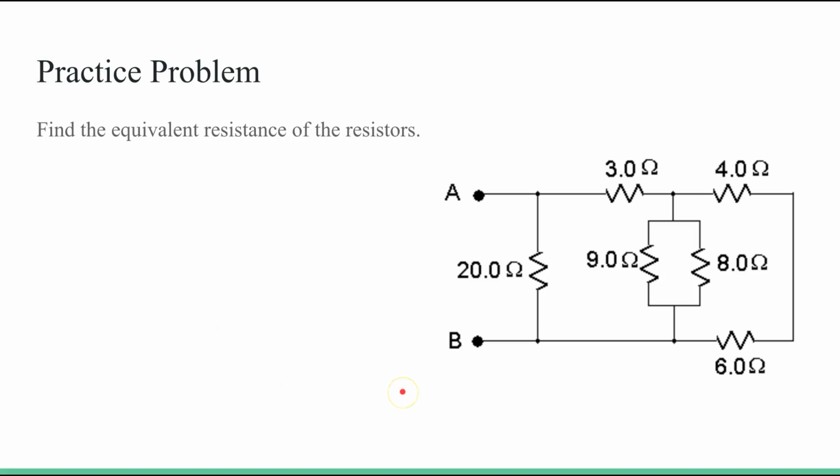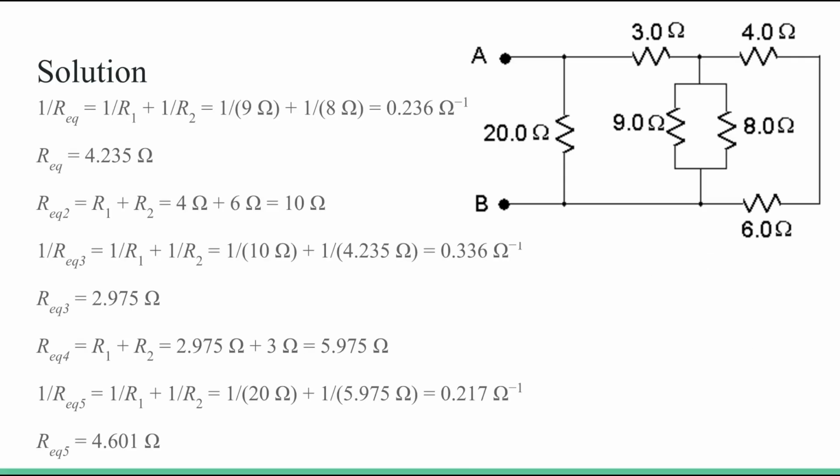But back to the problem, you have to start in specific branches and work outward so you can get the total equivalent resistance. So what you should do first, we'll simplify these two. Obviously you can see they're in parallel. So you have 1 over R1 plus 1 over R2 equals 1 over 9 ohms plus 1 over 8 ohms